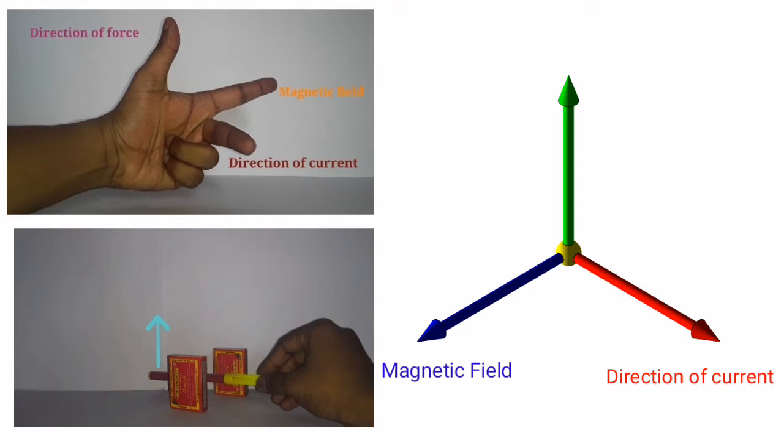So as per Fleming's left hand rule, the thumb gives the direction of force; the current carrying conductor experiences vertical force, and here the green arrow shows the direction of force. As you can see, all these forces act perpendicular to each other, and this Fleming's left hand rule is related to motor. Friends, now let's see Fleming's right hand rule.